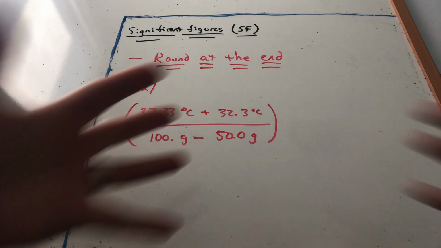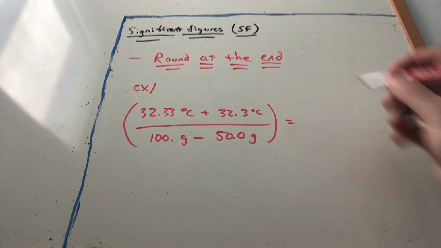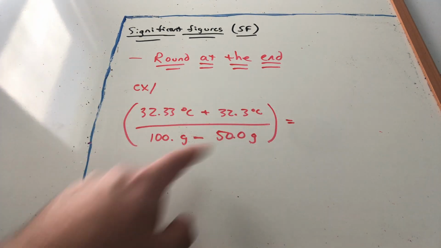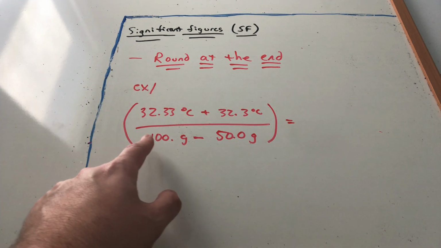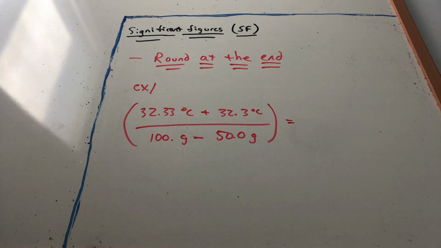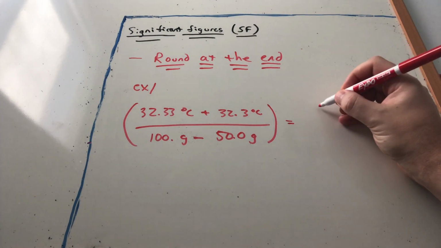So for example, how would you handle this problem in a math class? Well, I would have to do the top of the fraction first, and then the bottom separately, and then finally there would be this last step where I do the division. So let's do each step one at a time and keep track of significant figures along the way. We did this math before, right? So we got